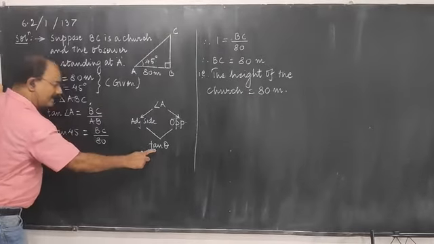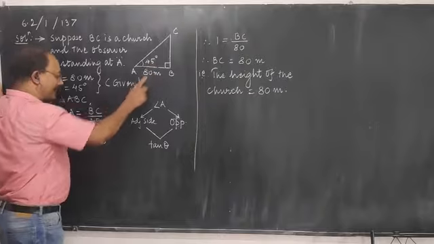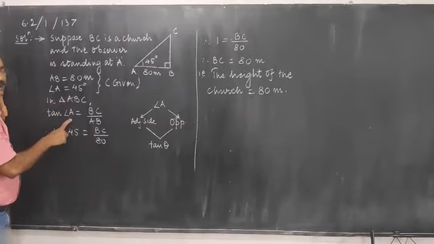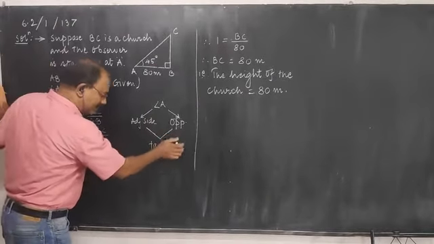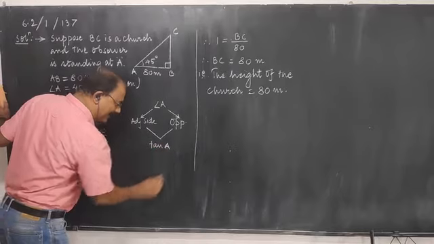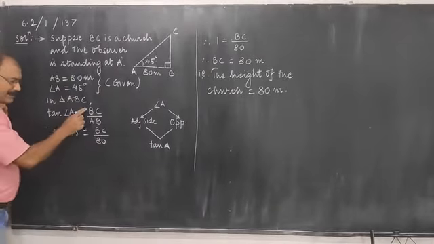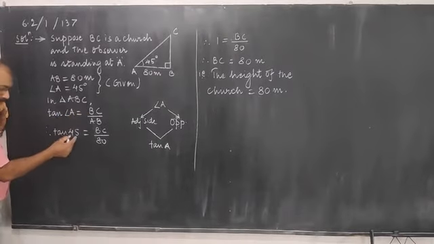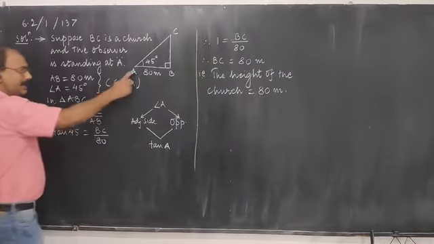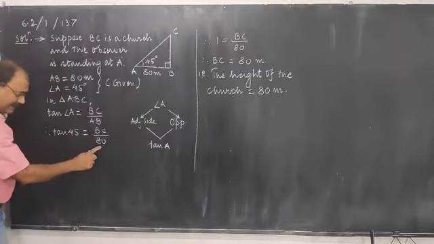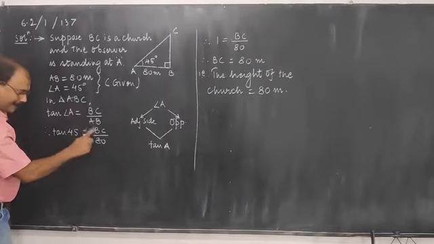This ratio we have to apply in this triangle. So, tan of angle theta means which angle? This angle. So, you can write here A. So, you have to apply tan of this angle. So, tan of angle A is equal to BC upon AB. Angle A is given as 45 degrees. AB is given as 80. I wrote tan 45 and AB as 80.